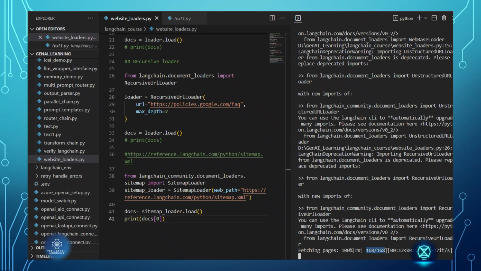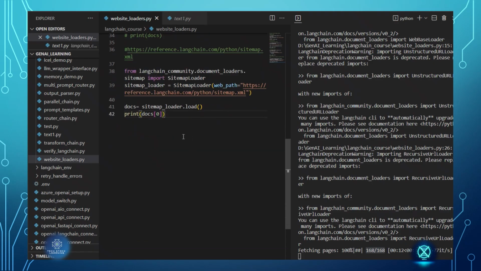So meanwhile this completes, I think we'll go for the next one, that is the doclink loader, right? So the doclink loader basically uses the doclink parser and converts HTML to a structured document, which is mainly useful for technical documentation and structured web content. Okay, so here from LangChain doclink import,